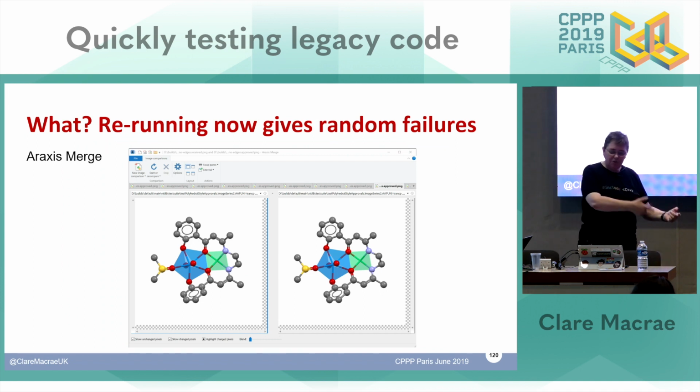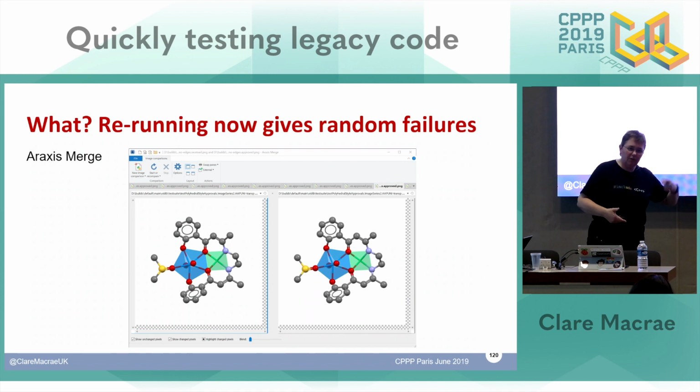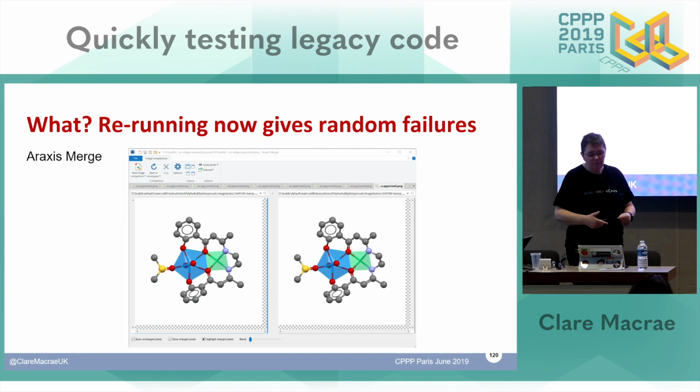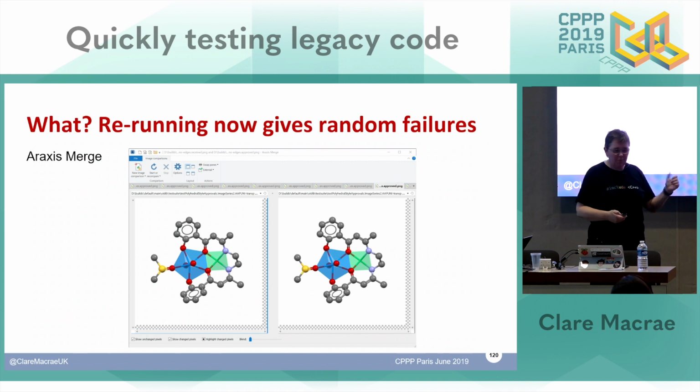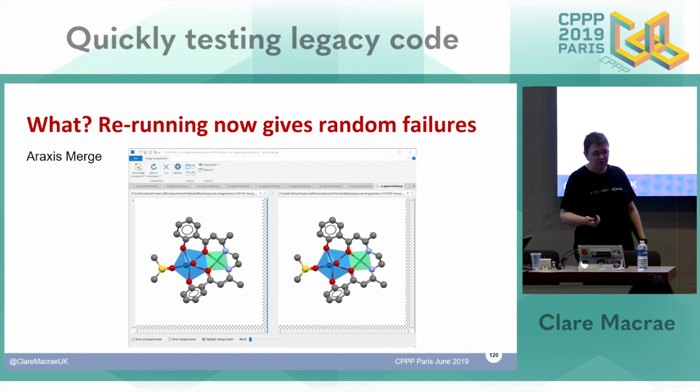When I was remote desktopping into work, what I was doing was taking 100, 200 crystal structures and drawing them in this new display style. As I was adding new features to the display, I wanted to check that the display was improving with each change. What I found when I was logged directly into my computer at work was that I started getting flickering failures. At this point I was using Araxis Merge to compare images, and there's no way in Araxis Merge you can understand what the difference is.